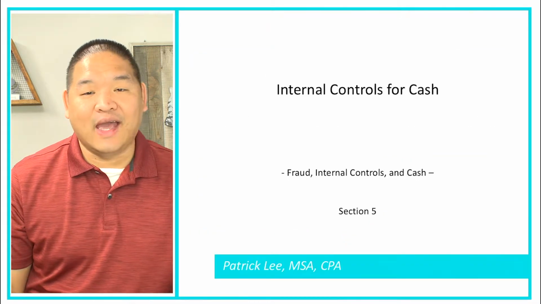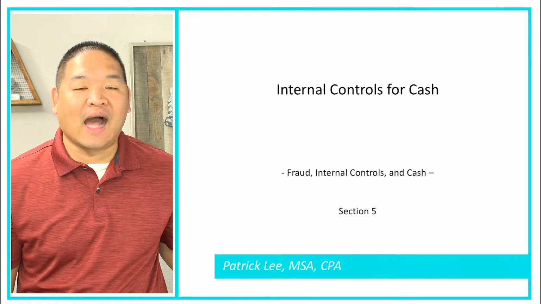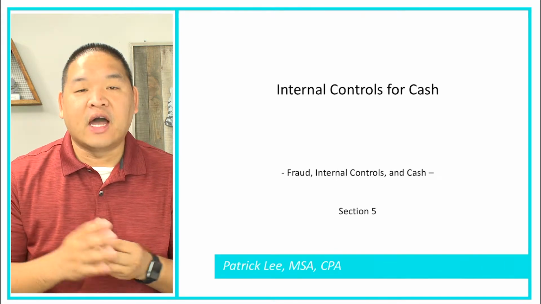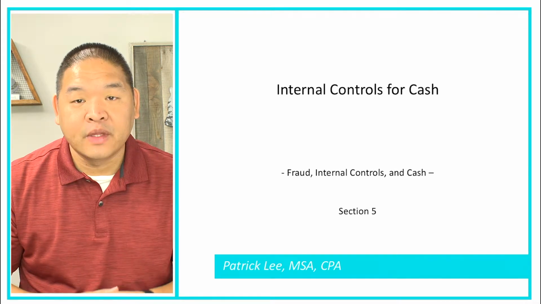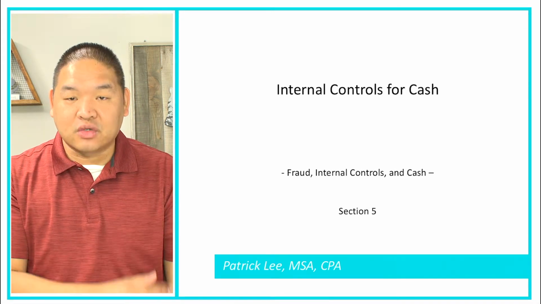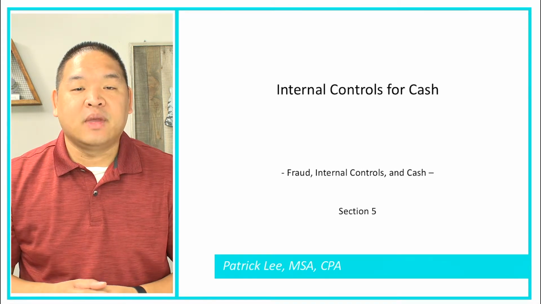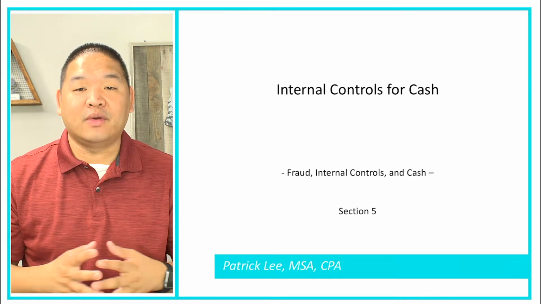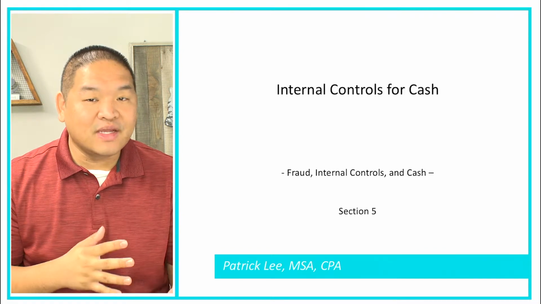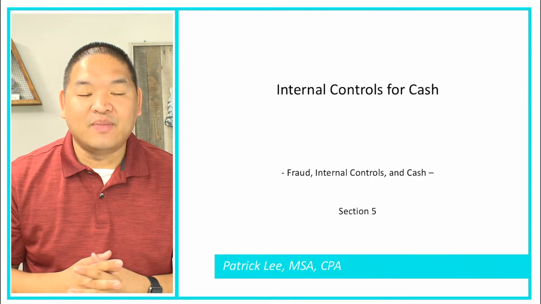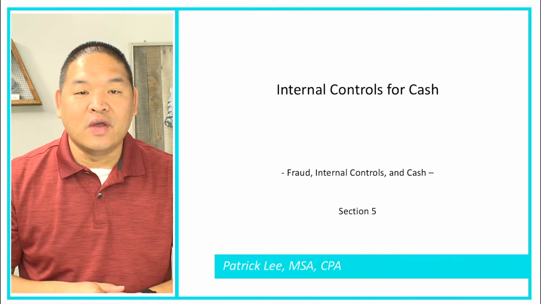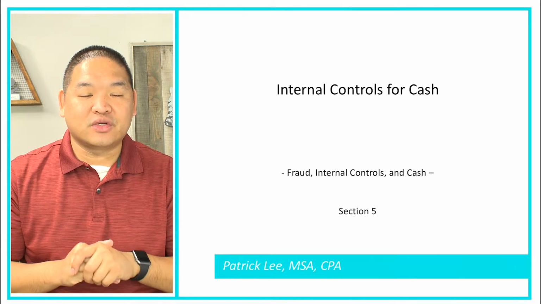So that is a look at internal controls and cash. So really what this was about is helping you understand why cash is valuable and susceptible to fraud, and then why we need to have internal controls as part of cash because of the high probability that theft or fraud could happen with cash because of its portability, because of its valuableness, and because it can't be traced necessarily to the person who took it. So that is our lesson here on internal controls for cash.